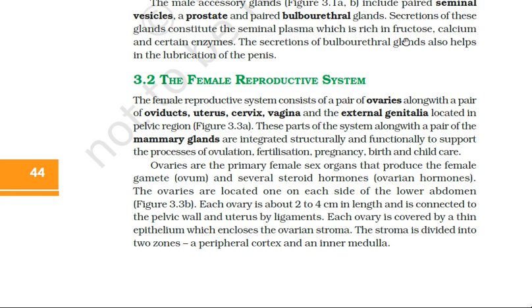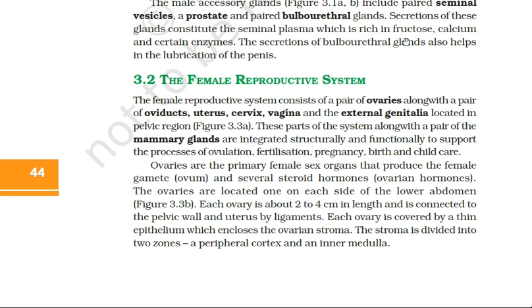Ovaries. First of all, we'll come to know where they are located. There are 2 ovaries situated in the abdominal cavity, on either side of the abdominal cavity. Each ovary measures about 3 centimeters, 2 centimeters and 1 centimeter in length, breadth and thickness. It is attached to the abdominal wall by peritoneal fluid.